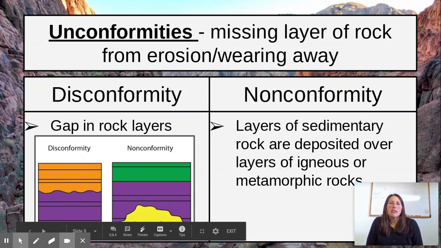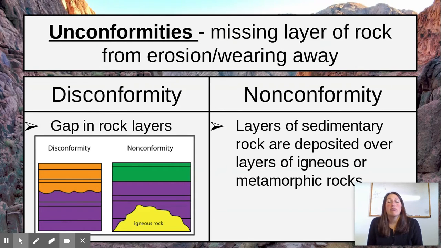Unconformities would be missing layers of rock. They could have been caused by erosion, which is that wearing away. We've learned about erosion a lot. There are two types of unconformities, two types of missing layers. Disconformity is pretty simple. It's just a gap in the rock layers. Nonconformity has one other piece to it. In nonconformity, you're going to have igneous and metamorphic rocks in the lower levels, and layers of sediment have